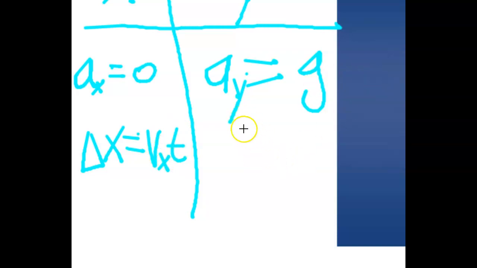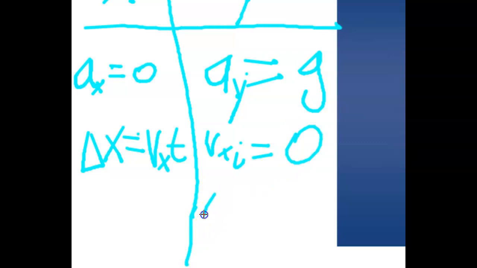In the vertical direction, since in this dropped or horizontally launched example my initial velocity in the vertical is zero, I can say the change in my vertical position is equal to 1/2